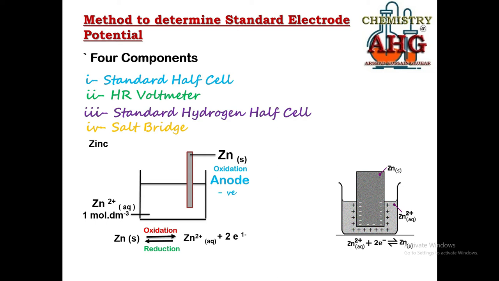So whenever oxidation takes place, always remember, no doubt loss of electrons takes place, but electrons are a charge. Since they represent charge, electrons stay on the metal plate while the ions move into the solution. So during oxidation, the plate gets negative charge and the solution becomes more and more positive.